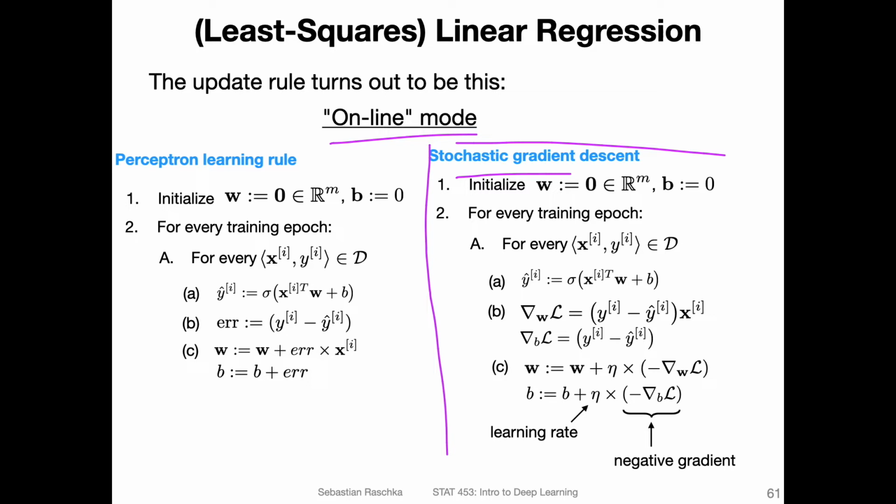So in this case, what we do is we compute the gradient of the loss function here. You can see we compute the gradients here, and we have this for W and the bias, and in that case it would be just a partial derivative, not a gradient. But let's use the same symbol, the nabla, for everything. It's, I think, simpler compared to switching between different symbols. Then our update is based on the current weight and the learning rate, so this is the learning rate again, times the negative gradient.